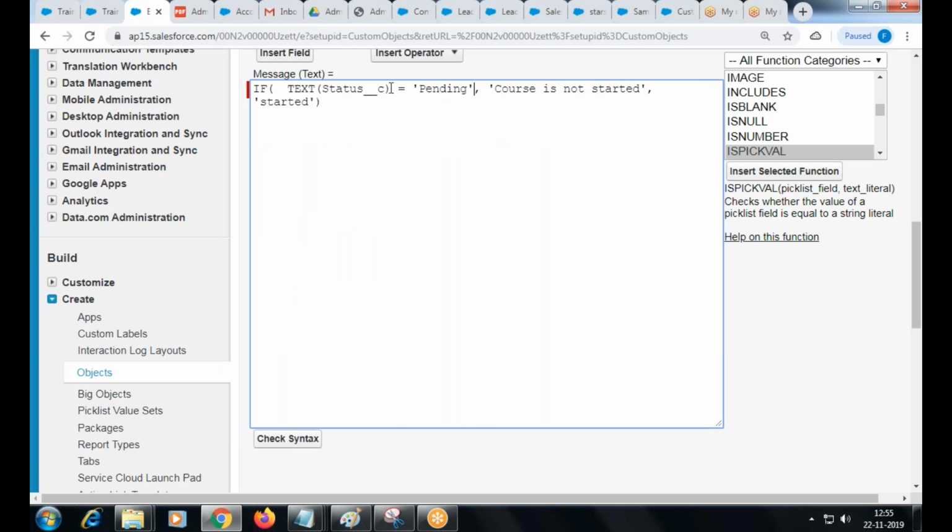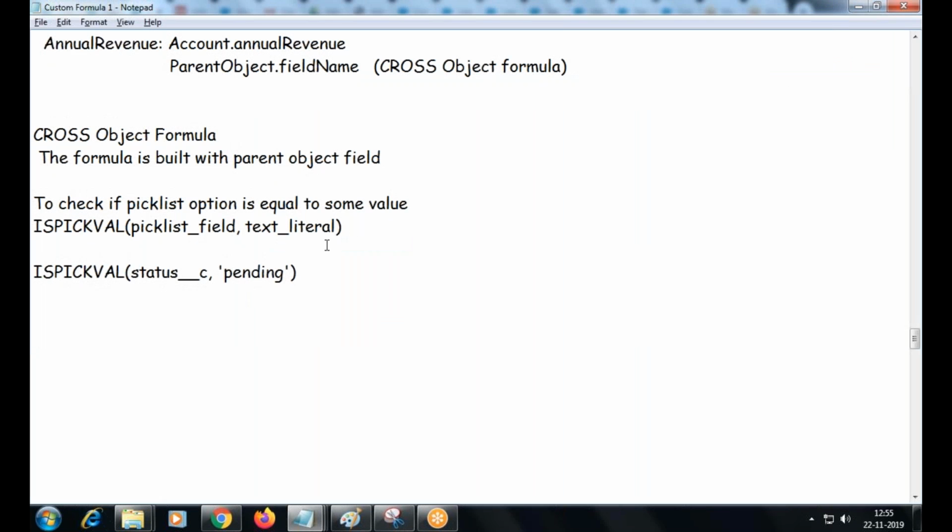Got me? If you do this, what will happen? First, this option will be converted to text, then comparing the value. But here you can directly compare the option with this, whatever option you are looking for. Okay, so this function is specifically given for a pick list type of comparison. Any pick list field you are going to compare, use isPickVal. Got me? And anything you'd like to convert to text type, you can pass date here, convert into text. You pass number here, convert into text. Got me? Any conversion you can go for text. Any pick list field you are going to use, you are going to use the isPickVal function.